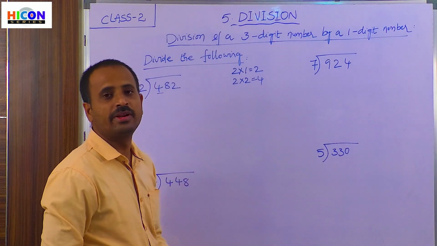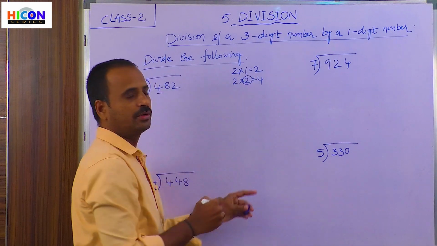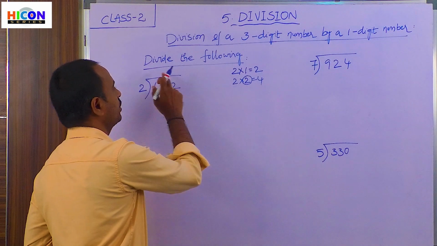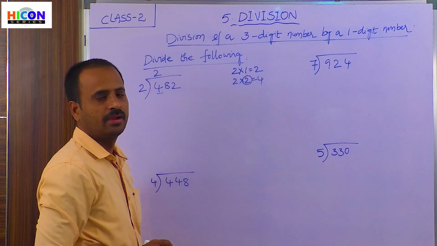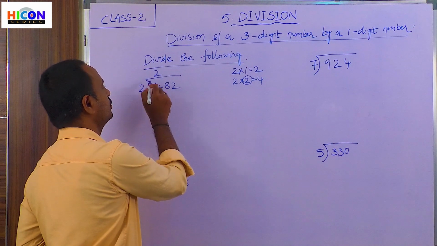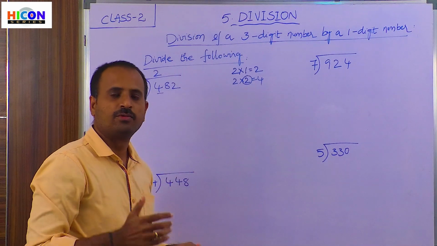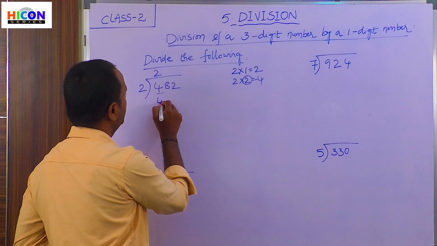How many times do we have to take to get the 4? So we have to take 2 times to get 4 in the second table. So write this 2 in the quotient above the dividend. So write 2 in the quotient. And multiply these two numbers 2 and 2. That is 2 into 2. 2 2s are 4. So write the product 4 below the first digit and subtract.